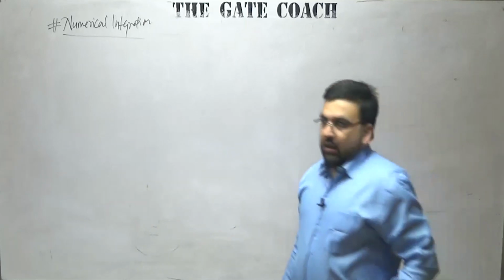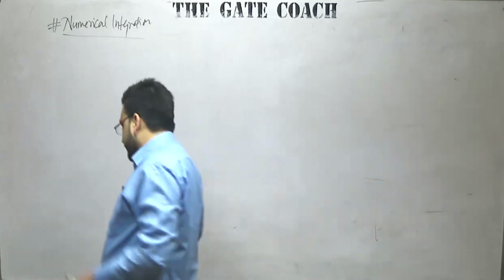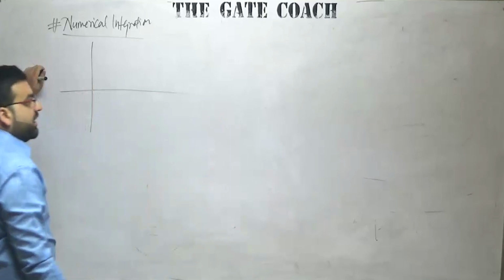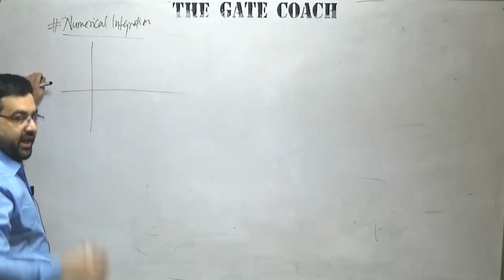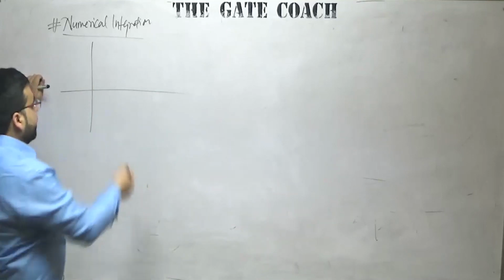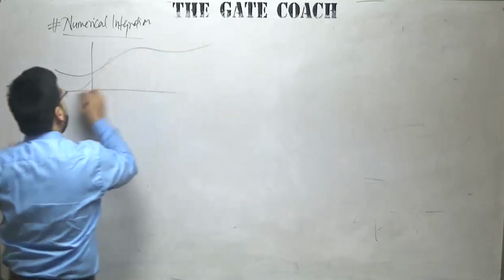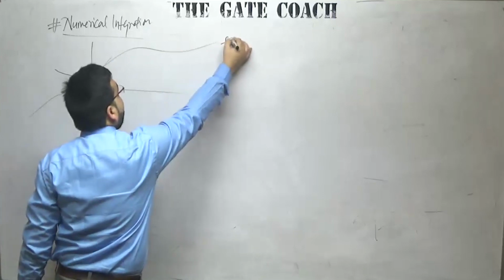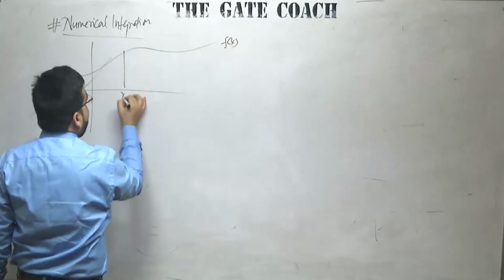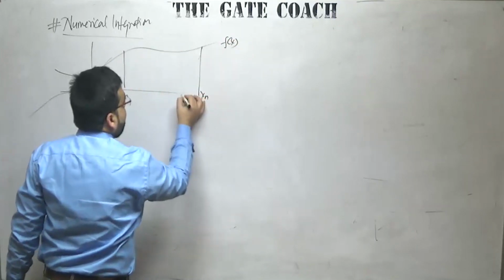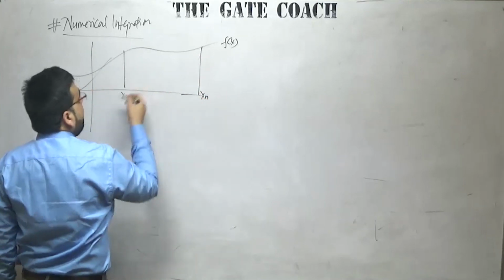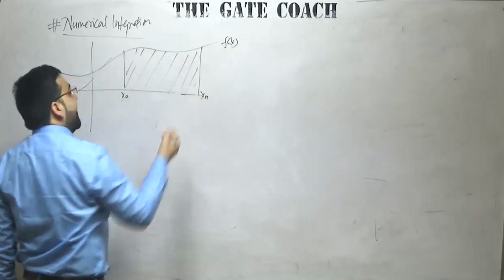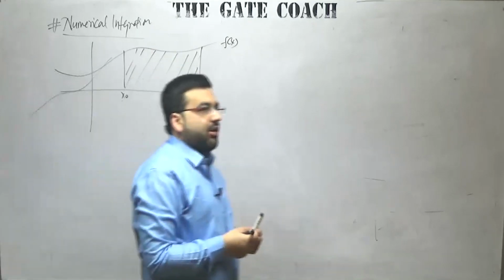Now the next thing, numerical integration. What is the meaning of integration? You will say, sir, in class 12th we discussed that calculating the area under a curve is called integration. Similarly here also, let us say this is some f of x. You have to do the integration of this function, up to this, let us say this is my x naught and this is my xn. You have to do the integration between x naught and xn. Integration means to calculate this area. This area can be calculated in n number of ways, and for that we have a lot of methods.